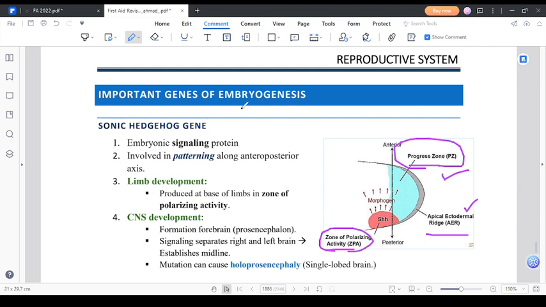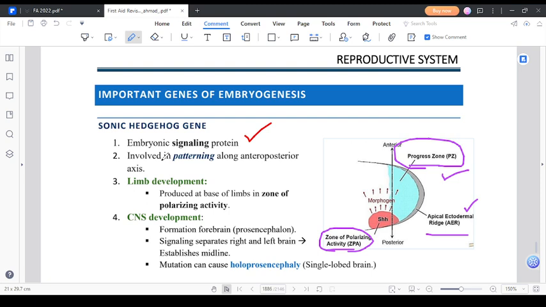Then we have an important gene for embryogenesis, the sonic hedgehog gene, an embryonic signaling protein. So what are the important genes? Now we will look at them one by one. Sonic hedgehog gene is an embryonic signaling protein. It is a very important gene in a lot of structures, and specifically for limb development and the notochord,